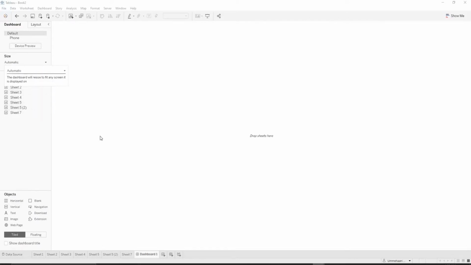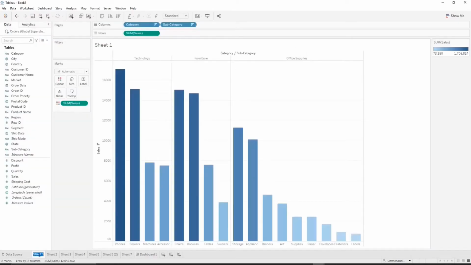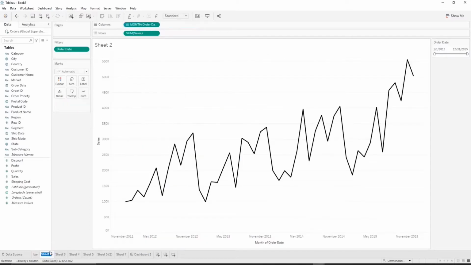Next, below that are all the sheets in this file, so all of the sheets that we made, and below that are certain objects, like you can add text to your dashboard, images to your dashboard. Now, let us rename all our sheets. The first sheet is a bar sheet, so we will rename it to bar. The second one is a line, so we will rename it to line. So all our sheets are renamed.